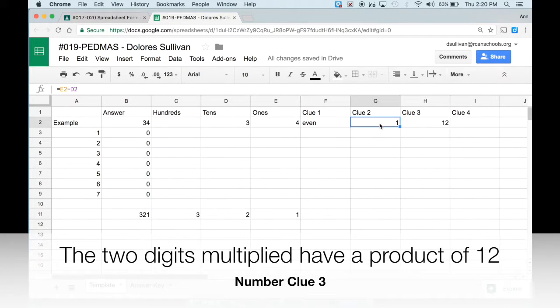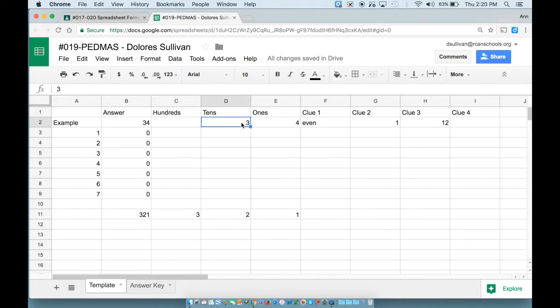And the third clue is when the two digits are multiplied, the product is 12. So 3 times 4 is 12. If I tried 43, the difference is still 1, and you can explain to the students it doesn't matter if there's a minus sign in front of the number or not, they're still 1 digit apart. 4 times 3 is still 12. It fails clue 1. 43 is an odd number, and so the only answer that works with all three conditions